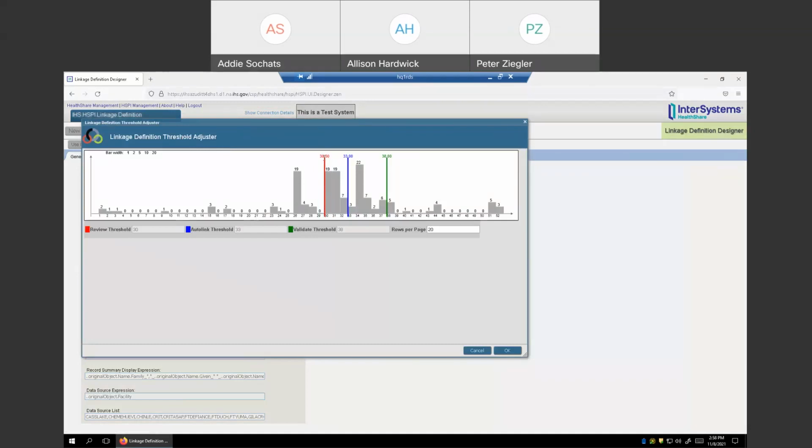So what this is saying is that anything under 30 is not going to match within the system. I can force a comparison, but they're not going to match and they're not going to be a comparison on your work list. Anything between 30 and 33 is what we call an auto link threshold, and that is where it will link. It will be called a potential link,